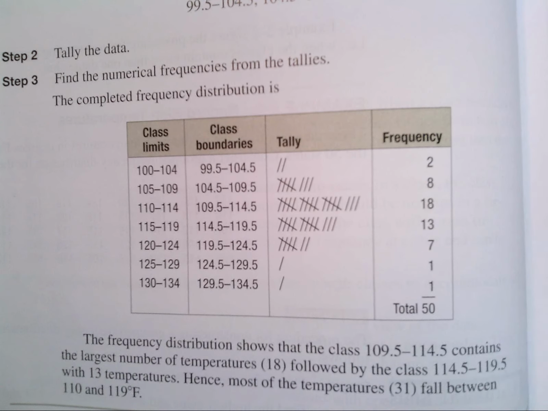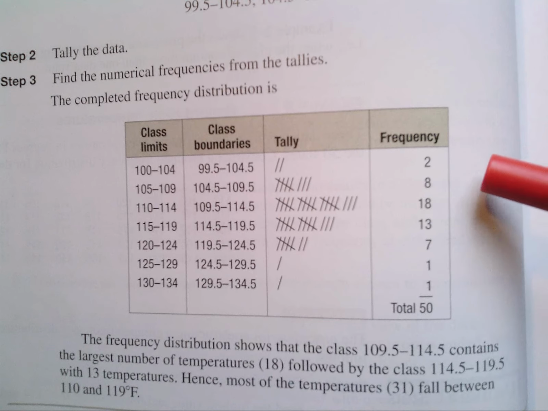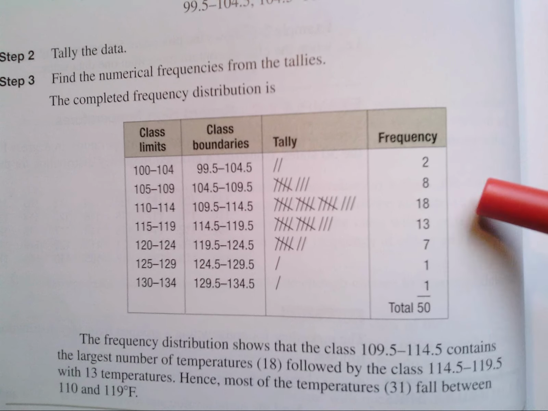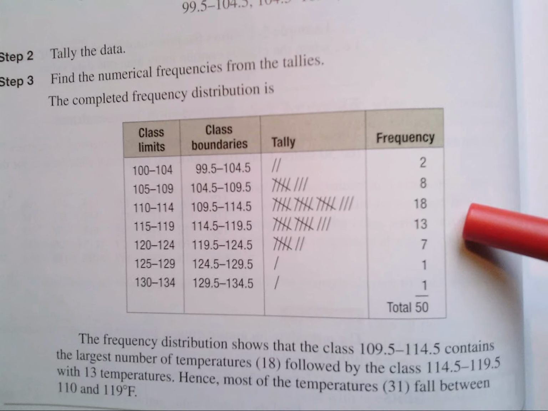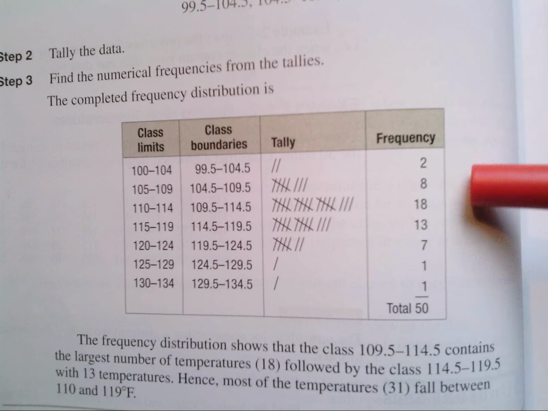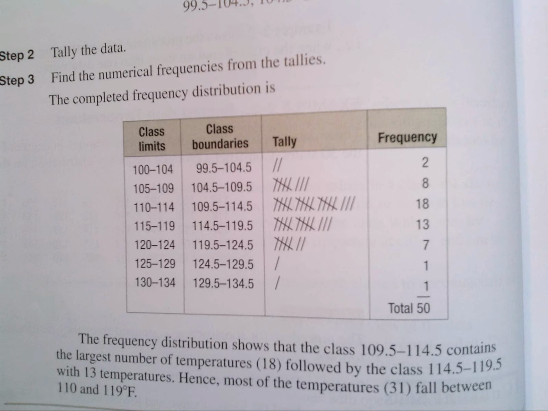C-U-M-F-R-E-Q, and I'm just going to keep a running tally. 2 plus 8 is 10, 10 plus 18 is 28, 28 plus 13 is 41, which matched what my cumulative frequency would be, and I just make that chart right next to it. And again, I'll be showing you easier ways to do that on the calculator, but for by hand, that's what we're going to